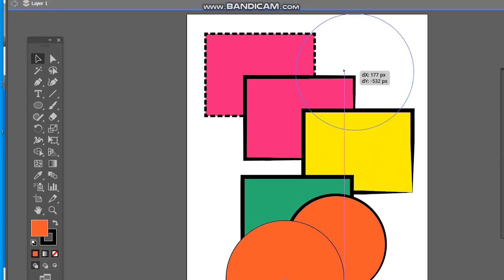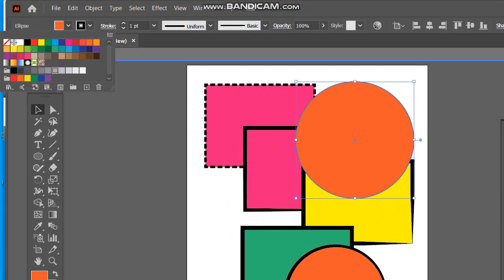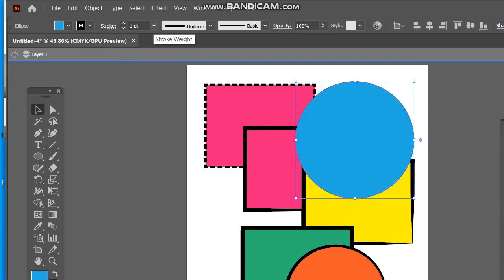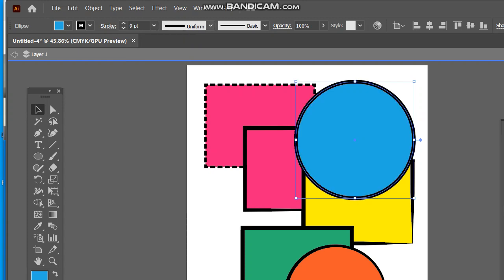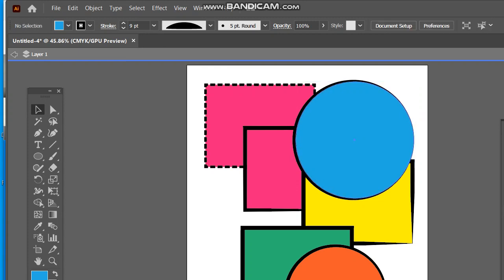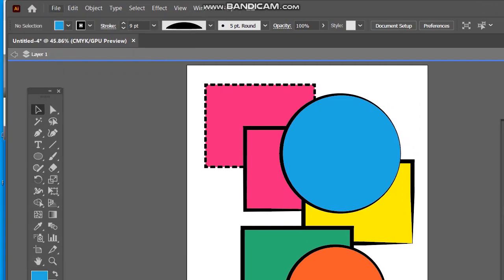Okay, I'm drawing another one here. I'll change the color of it. Don't like that one too much. Blue. And then we will change the stroke weight. And there we go. So I would like you to just draw some rectangles and some circles and play around with the strokes and the colors. And then now go to File,